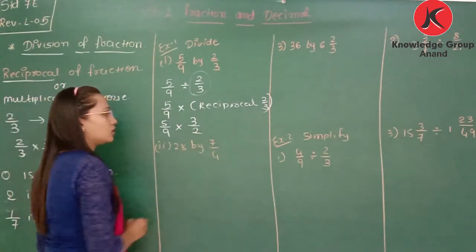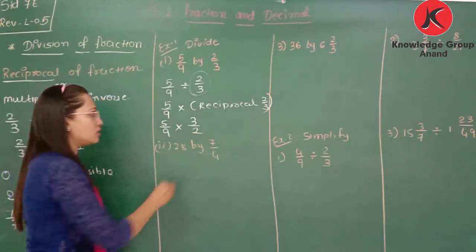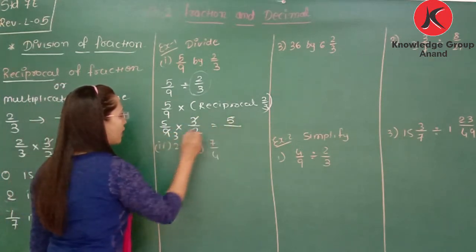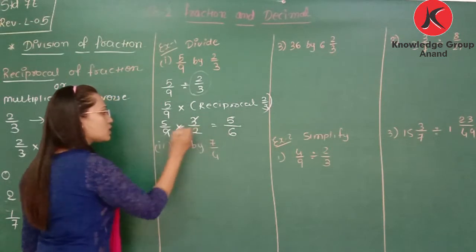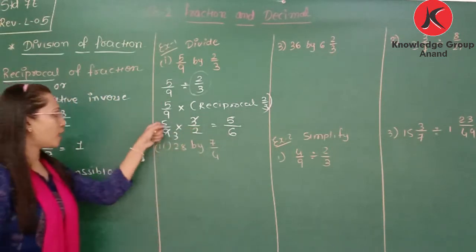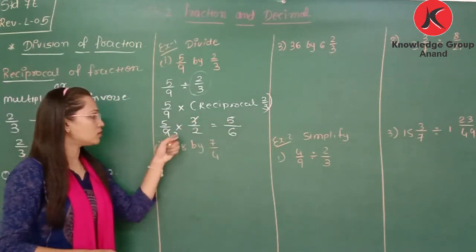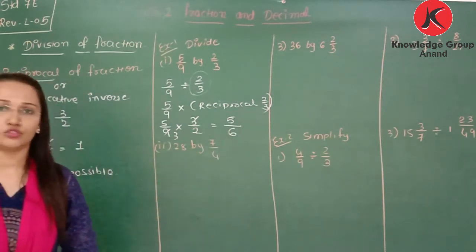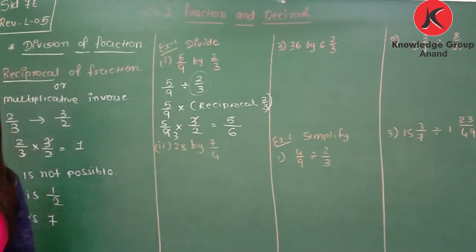Now here, if there is a common factor, cut. 3 3s are 9, so here 5 divided. 3 2s are 6. Now it is a normal multiplication. 5 multiplied with 1, 3 2s are 6. Okay. So convert the division example into multiplication by writing the reciprocal.